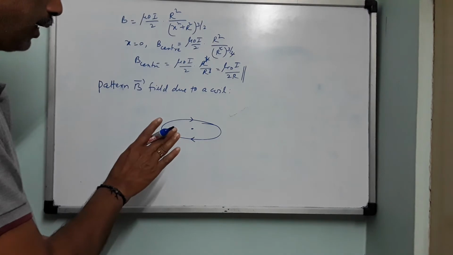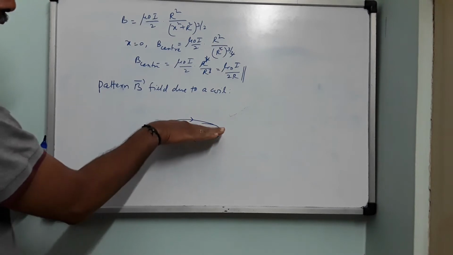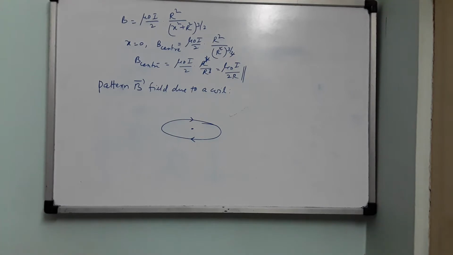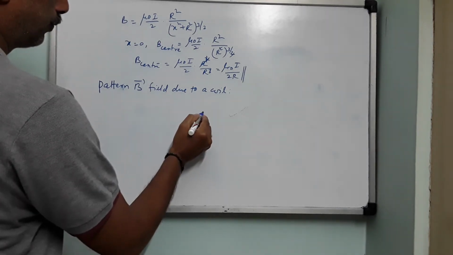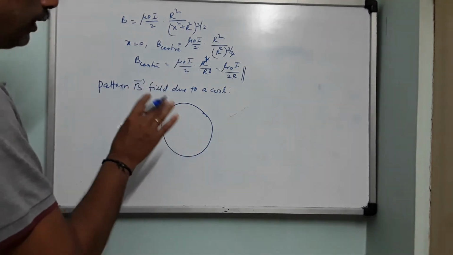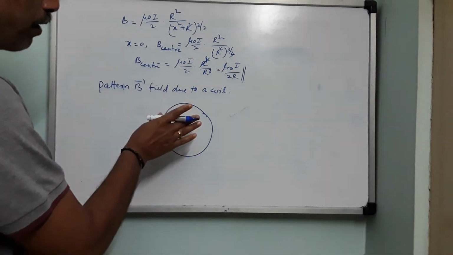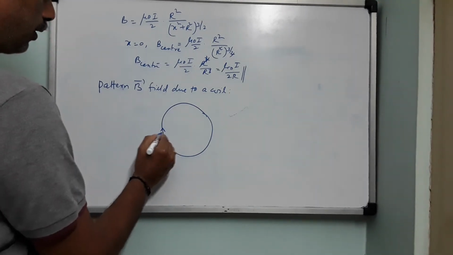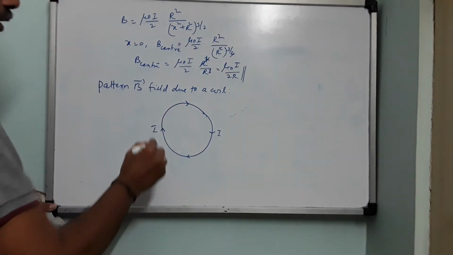This will not give you a clear idea. Rather, we imagine now this is actually perpendicular to the plane of the board. We will take it parallel to the plane of the board. When it is lying exactly on the plane of the board, it will look like a circle. When it is lying perpendicular, it looks like an ellipse. So now we will take the current like this. It will go like this. Now the right hand screw rule.